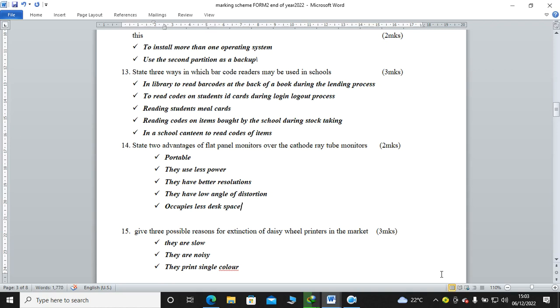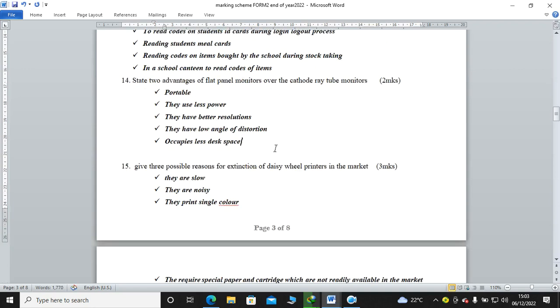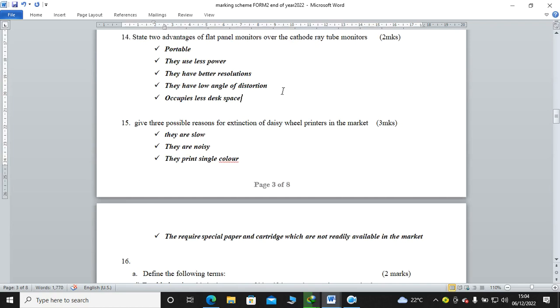They are portable, they use less power, they have better resolutions, they have low angle of distortion, and also occupy less desk space. You can do a bit of research and see some of the answers that we probably need to add here. So question number 15, give 3 possible reasons for